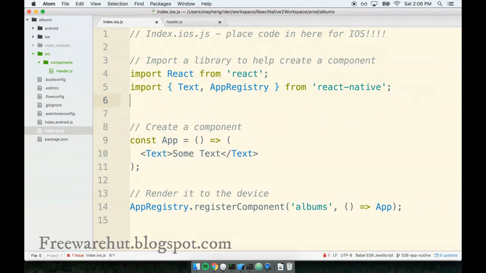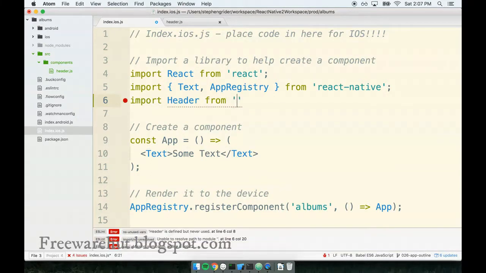Underneath the two existing import statements, we'll add a third import to import the header. So we'll say import header from, and now this last statement, this string over here, is going to be a little bit different than the ones we've written previously. Previously, we wrote just React or React Native to say, hey, I want this specific library. But that only works when it's a file that we installed with npm. If it's a file that we have written ourselves, we have to provide a relative path